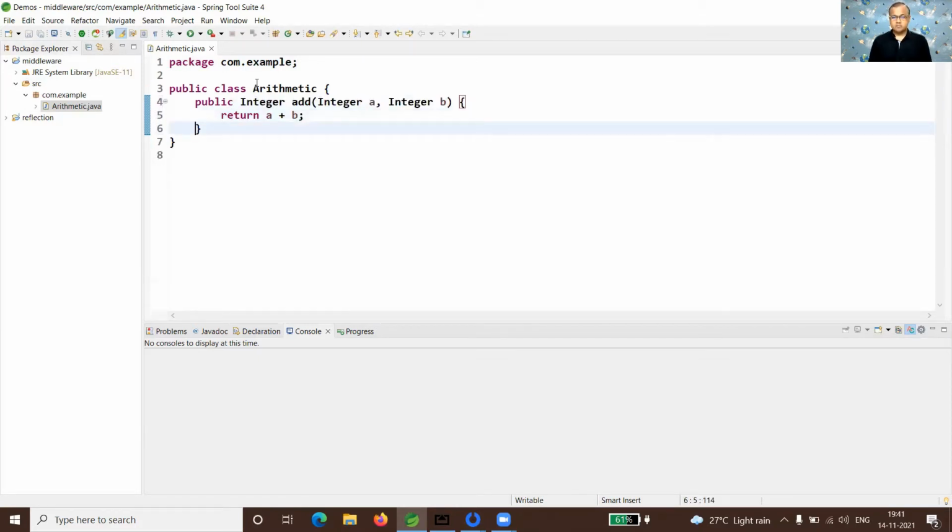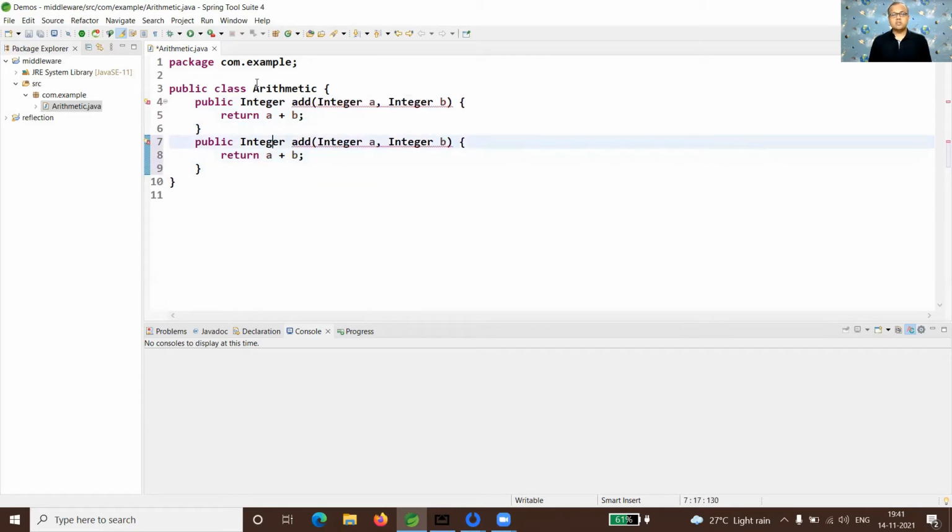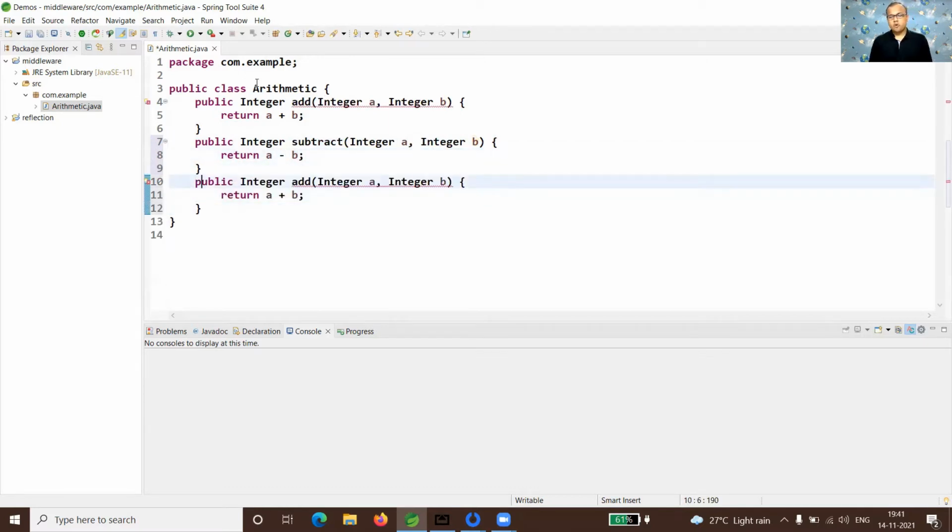On the next line, we can also have another method, let's say subtract, which will do subtraction, and we can also have a method for multiplication. I'm just going to make this method private, so at the end we will see a demo of how we can even invoke the private method of the class at runtime using this reflection technique.